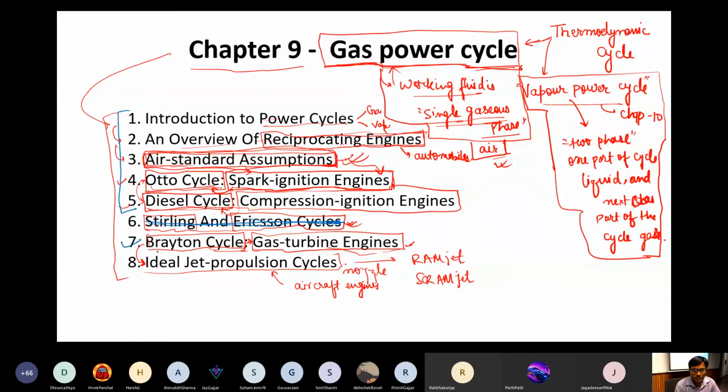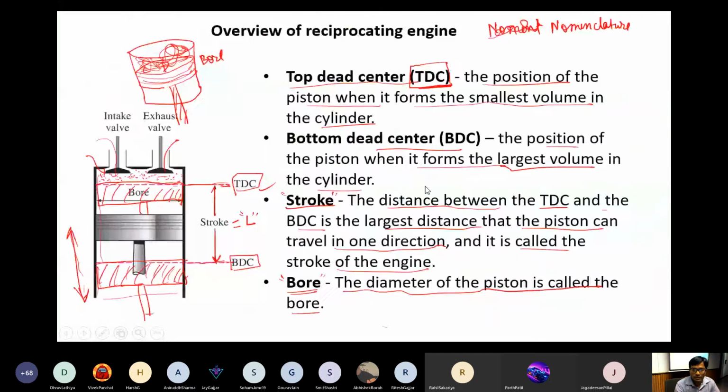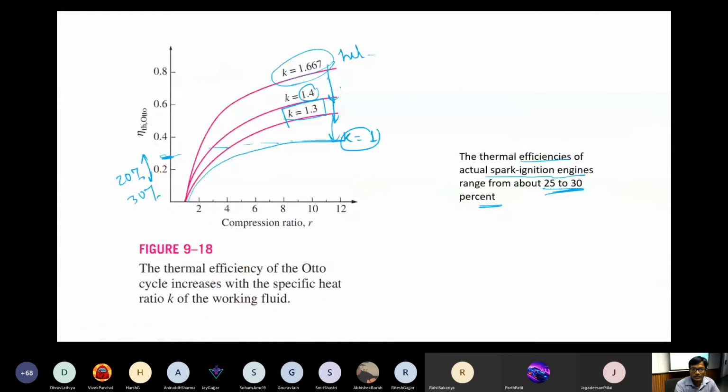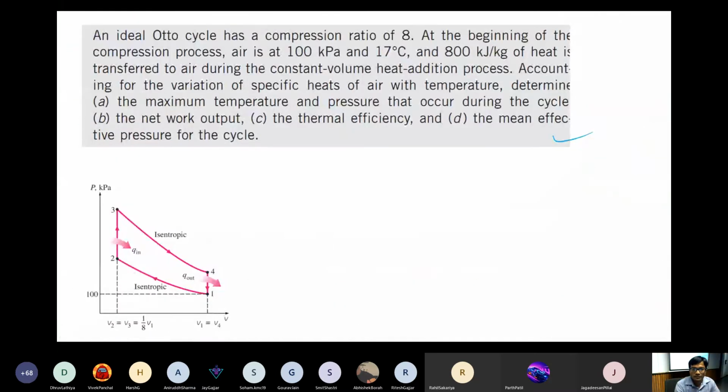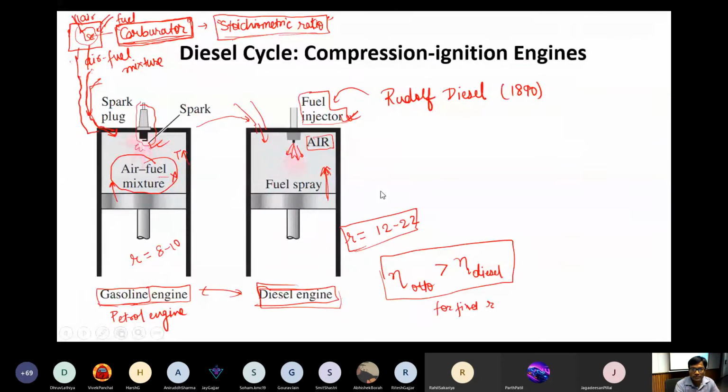Yes, we will look at the Brayton cycle, gas turbine engines, and another variant, more closely related to the Brayton cycle, called the jet propulsion cycle. Today we are going to talk about this Brayton cycle, and let's see how far we have gone till the diesel cycle. And we will take up a few examples which we have left before today, if time permits.